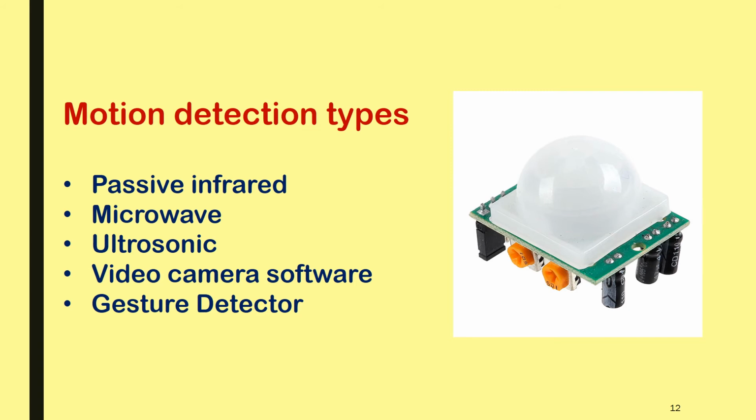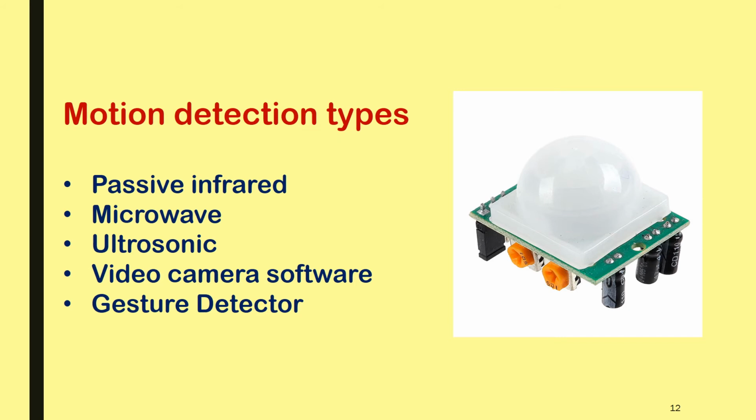Now the next one is a kind of video camera software. In the market there are a number of such platforms available. With the proliferation of low cost digital cameras able to shoot video, it is possible to use the output of such a camera to detect motion. Like CCTVs mounted at outdoor places everywhere in the premises, the campus, corridors and so many places. The solution is particularly attractive when the intent is to record video triggered by motion detection, as no hardware beyond the camera and computer is needed.